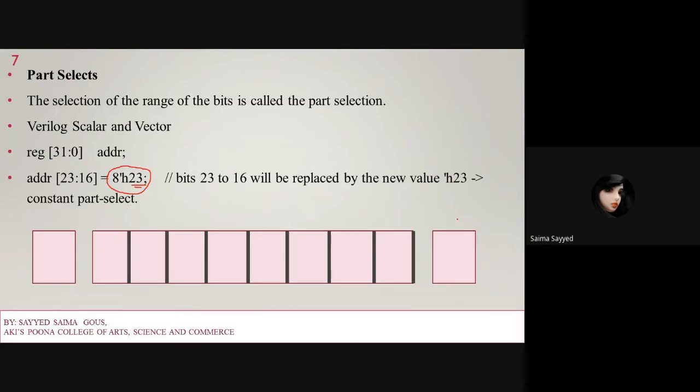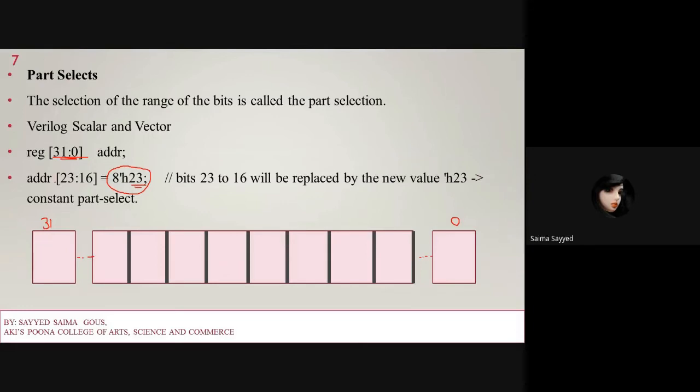Now suppose this is my 0th place, and this register has 32 bits. So the first will be 0 and the last will be 31. So 0 to 31, it is 32 bits. I will just write dashes from 0 to 31. Okay, so these are my addresses 0 to 31.